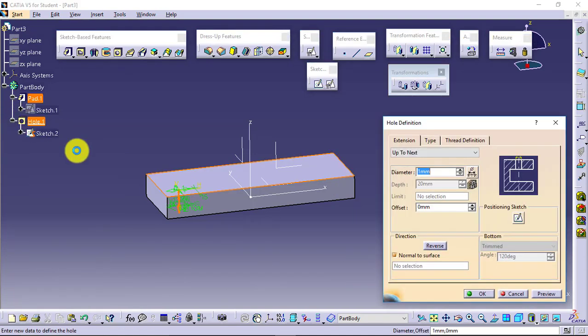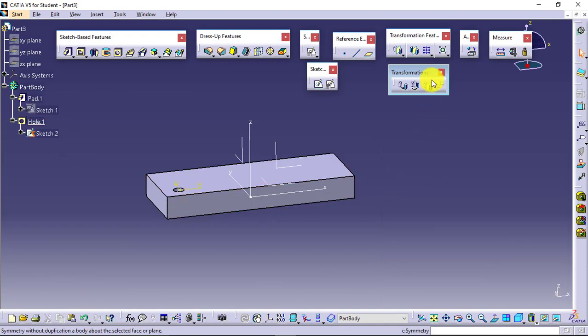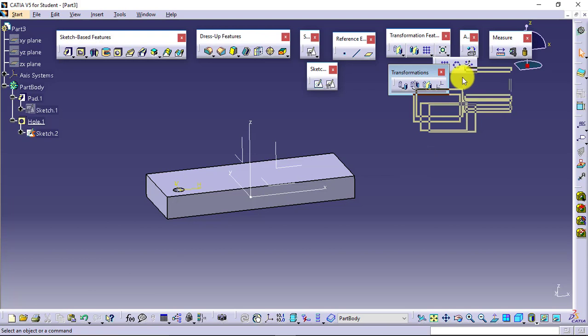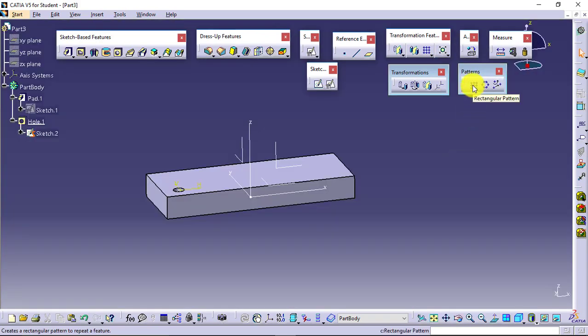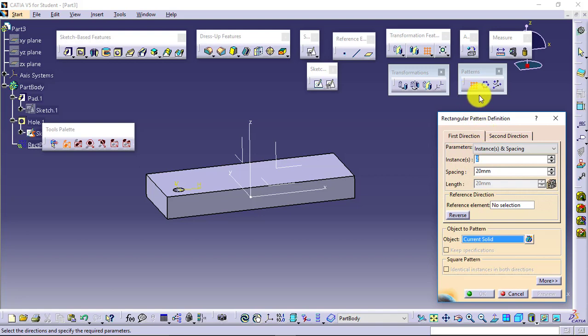Let's have a look at another feature. Another feature for the transformation is actually patterns. Rectangular pattern, circular pattern and user pattern. I'll go for rectangular pattern, select it. Again this rectangular pattern will ask me what to pattern.